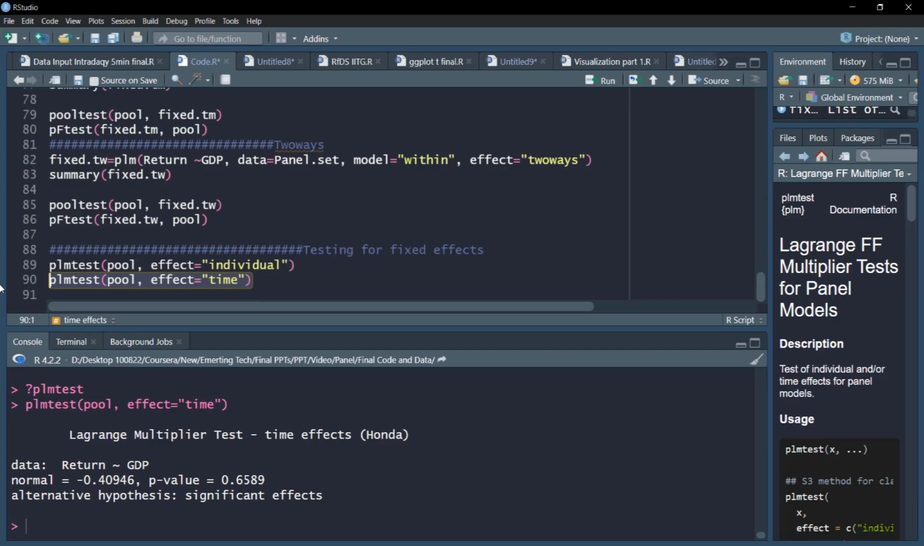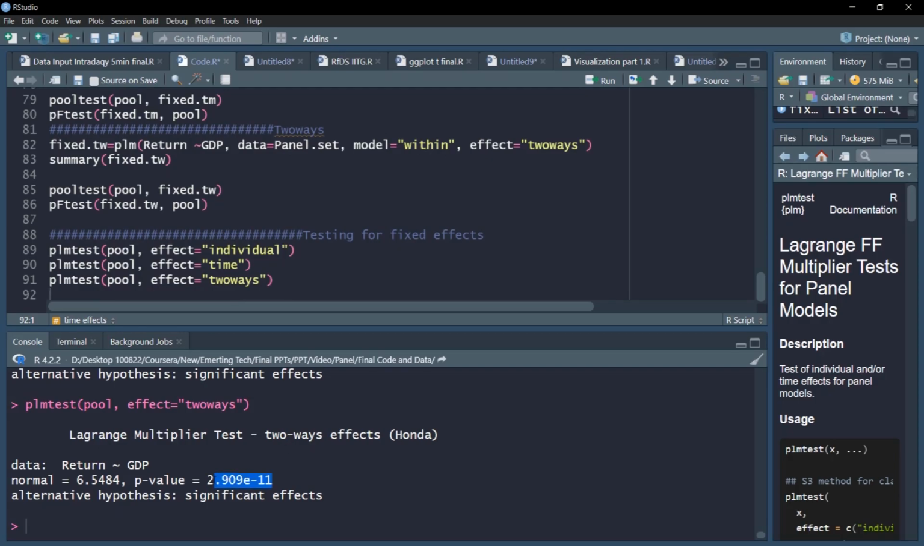Not significant. So now you know that when I run two ways, without even running it, we should know that it may be significant, but the significance is derived from the individual effects. Two ways are a sort of combination of time and individual. Because we are getting significant effects, they most probably are coming from individual effects, and time effects are not